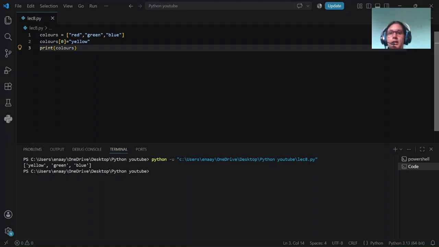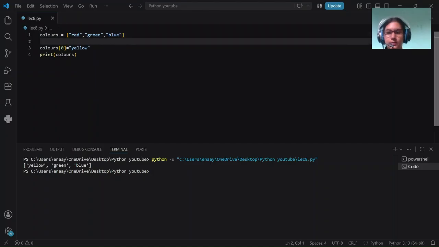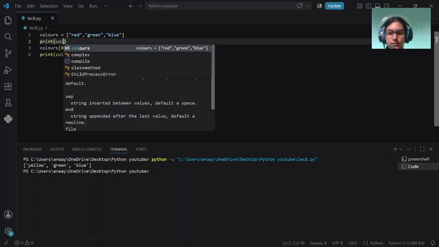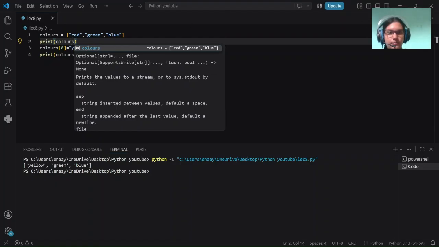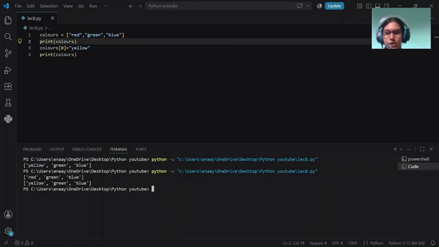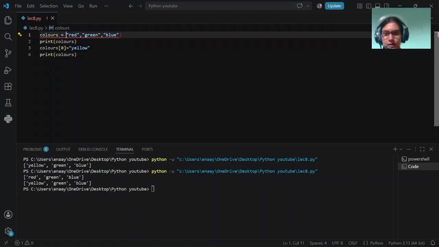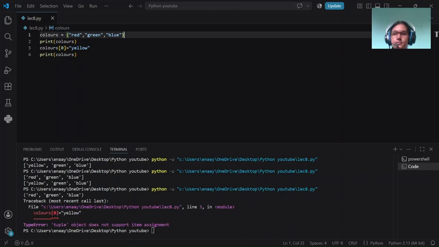But if this is a tuple, let's also print the original one once. Okay. Yeah, red was changed to yellow in a list, but if this is a tuple, which is just replace the square brackets with normal parenthesis. Now this is a tuple, and as you can see, our tuple has been printed before trying to modify it, and after we tried this, we're getting an error because you can't do this with tuples. Okay,